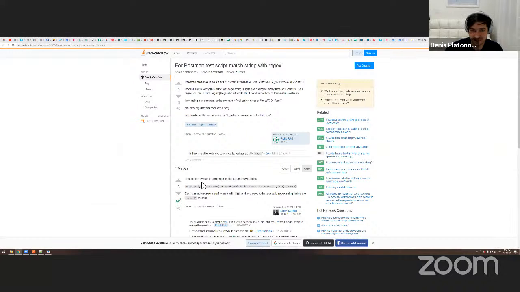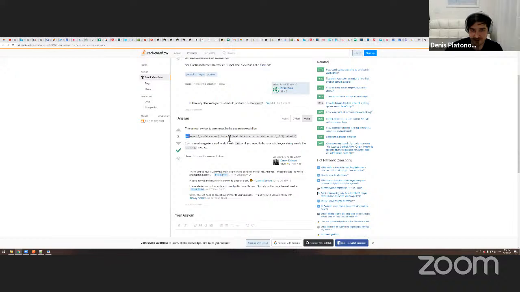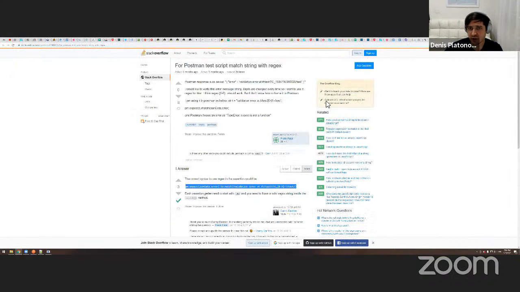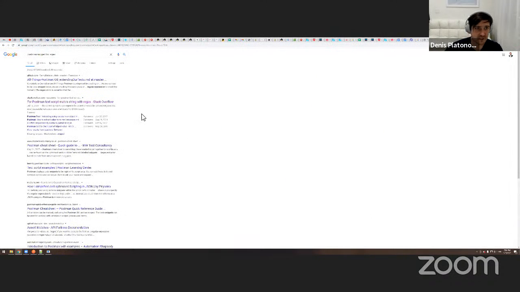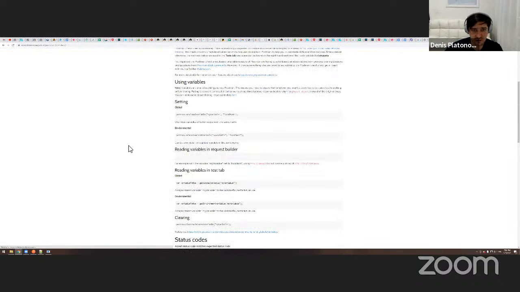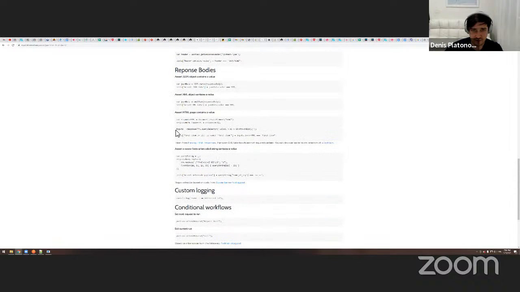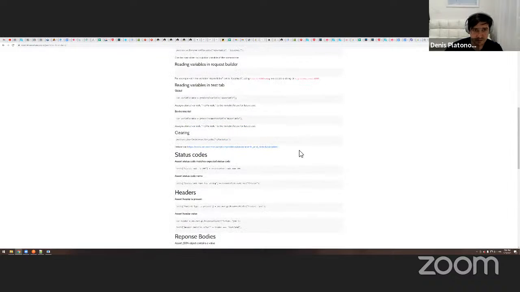You see people provide some crazy custom snippets that you can just copy, well, you need to know what you are doing this for. You're just copying and pasting it, boom, done, right? So there is a lot of documentation online. You can just Google for that. You see a Postman cheat sheet here. You can read some stuff, XML, HTML. You can parse HTML. I didn't even know that, but obviously it has a lot of things.